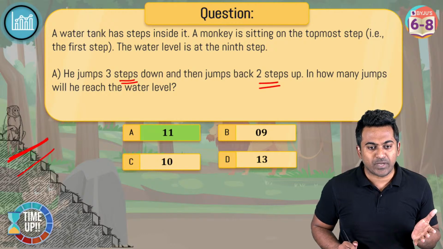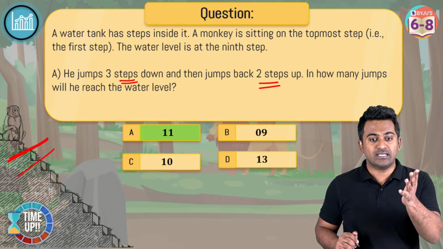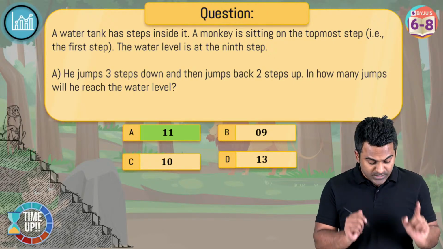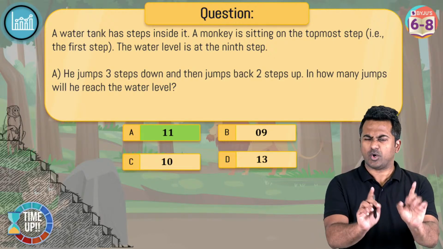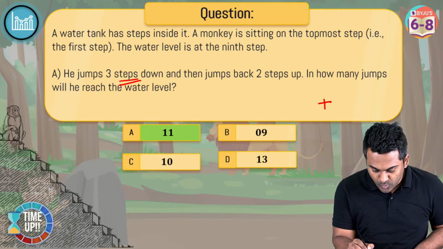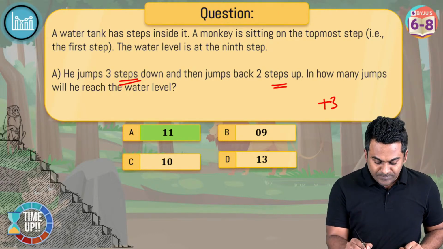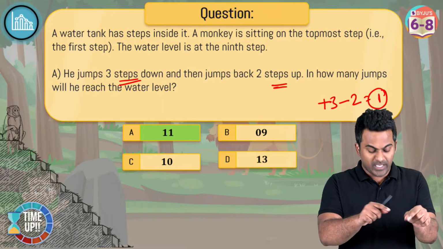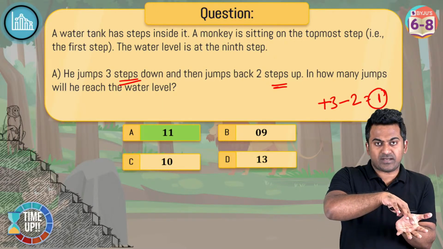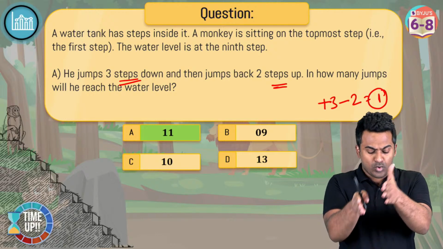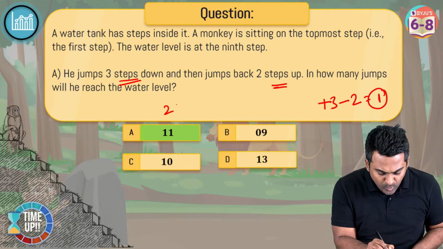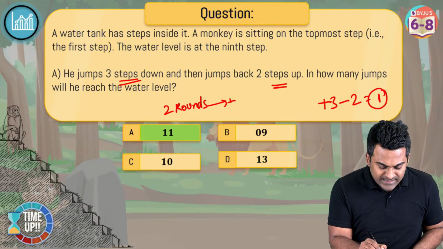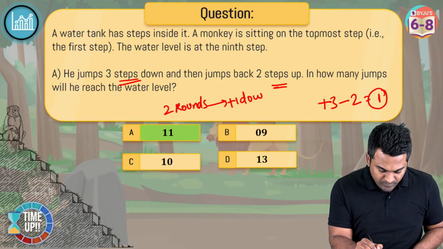So how to do this sum in a shorter method is what Zinnia says. Okay, do not try to do this in a shorter way, because what would happen is, let's say you're doing 3 steps down, you're doing +3, right? And 2 steps up, you're doing -2. And now what you are thinking is, in 2 rounds, by round I mean what? First round, 3 steps down, and in the second round, 2 steps up. So in 2 rounds, the monkey is actually only moving 1 step down, +1 down, right?